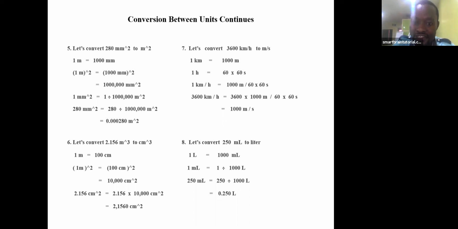Next, 3,600 kilometer per hour is now equal to 3,600 times 1,000 divided by 60 times 60 seconds. So now you start dividing. If you multiply 60 by 60,